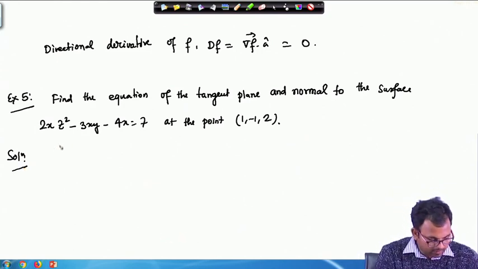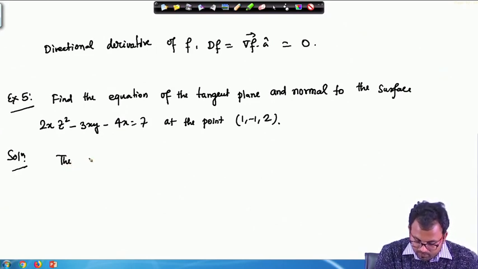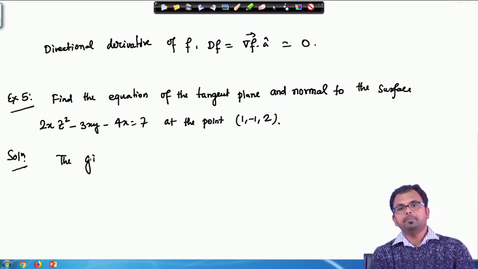So, the given equation of the surface is this, and we have to calculate the tangent plane and the normal for